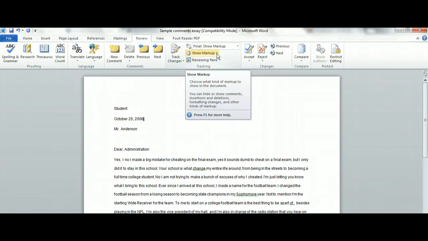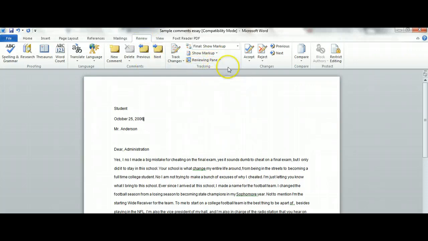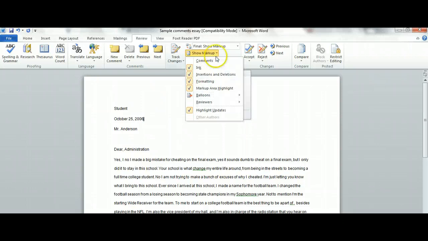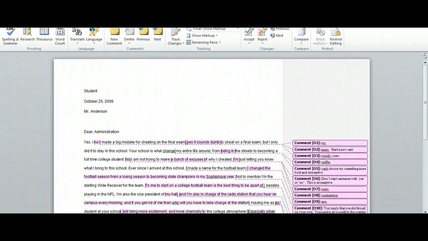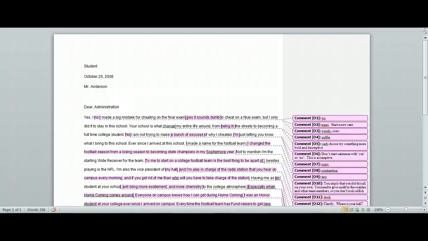So you have to make sure that under the review pane over here, under show markup, comments is clicked. Okay, if it's not clicked, you're not going to be able to see anything. So coming back down to our document,